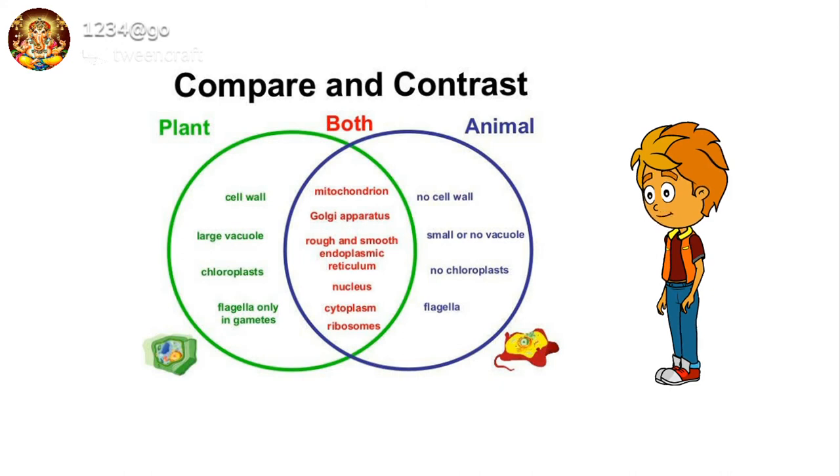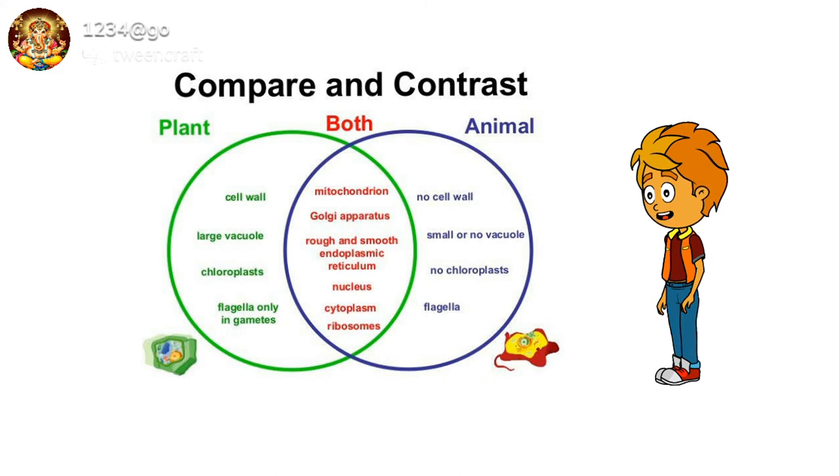The animal cell is enclosed in a thin, flexible plasma membrane. Third point, plant cell. Plant cells are more or less similar in size and are typically rectangular or cuboid in shape. Third point, animal cells. Animal cells come in various sizes and tend to have spherical or irregular shapes.